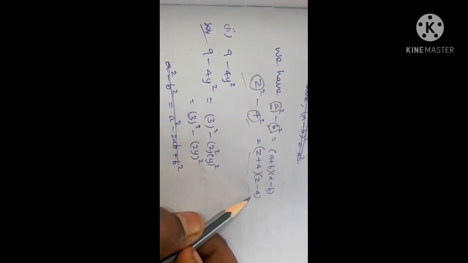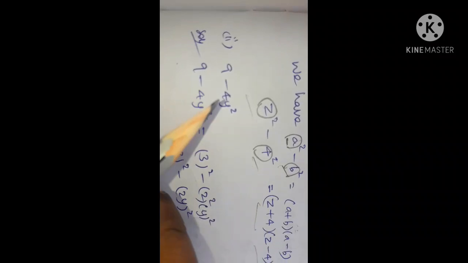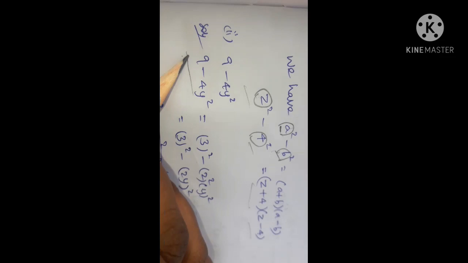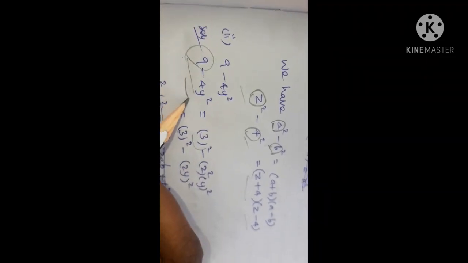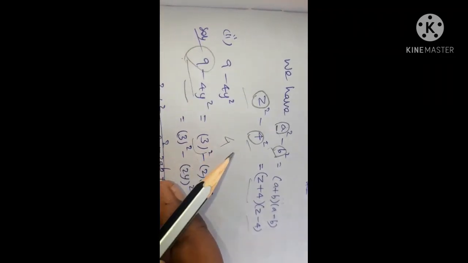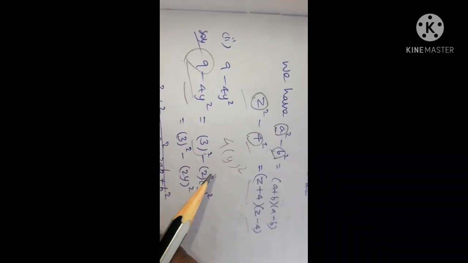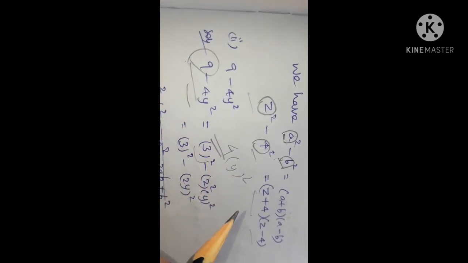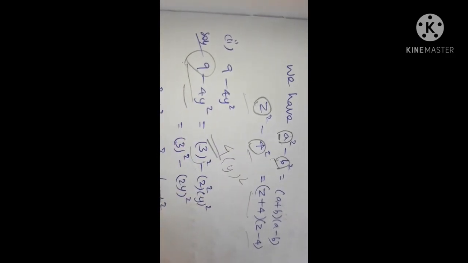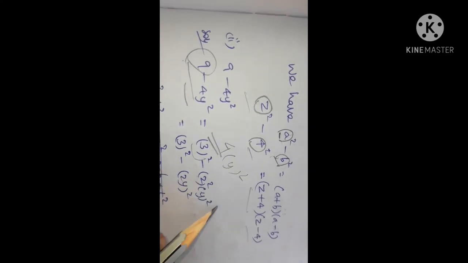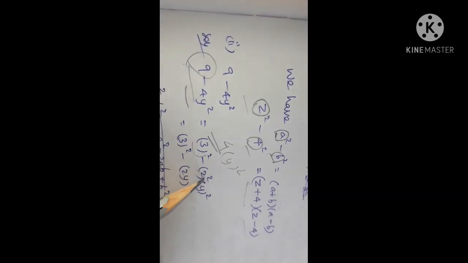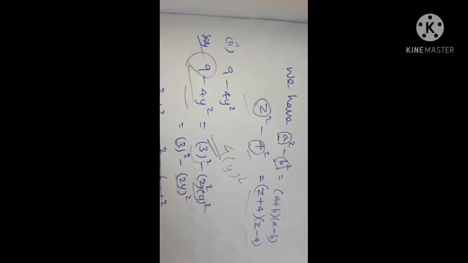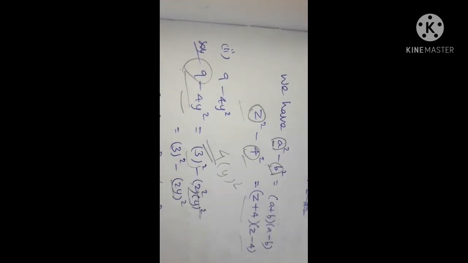So it will be z plus 4 into z minus 4. The second one is (9 minus 4y) whole square. So 9 can be written as 3 square, and 4y square can be written as, you can ask, we can write 4 into y square, right? Why can't we write that? We can write it, but 4 is also a perfect square, so we should take the square root of that also. So it is 2 square y square, which is (2y) whole square, since when the powers are the same and it is in multiplication, you can put it in the same place.